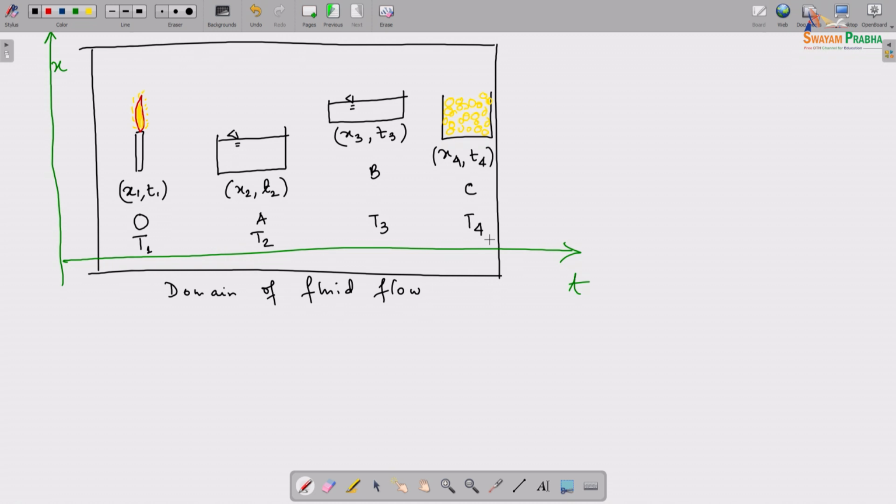Okay. So, essentially this is a candle. O is a candle, A is lukewarm water, B is water at room temperature. And C is an ice bucket. Okay. So, now